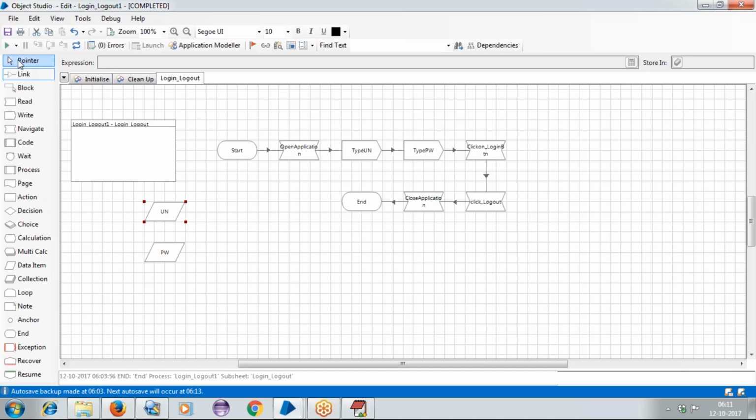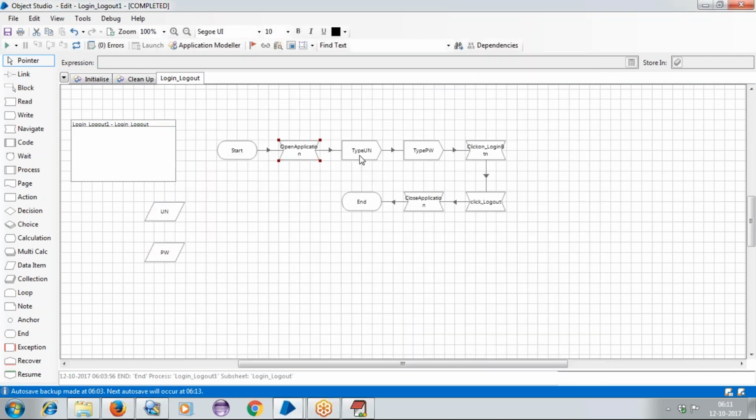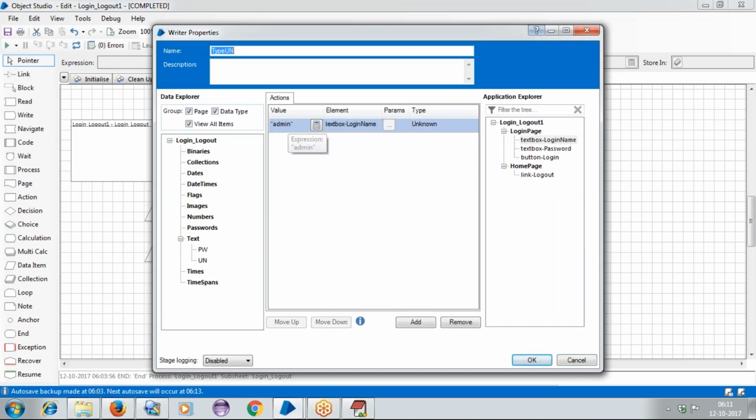Now what you have to do is, let me open our application. Typing username. Previously what we did was hard coded here. But now from where are we getting this data? Now we provided this data in the variable, nothing but in the data item here. Now whatever data items you have defined, you will be able to see here.